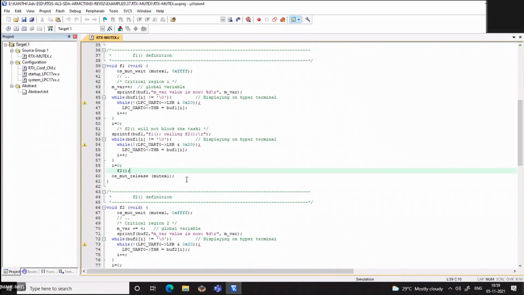Probably, ma'am, lines 59 and 60 should be interchanged. No, the same code was executing. We'll see. I'll interchange and run, and let me give you the difference. Okay, so what could be the changes? Okay, ma'am. Thank you. I'll look into this.